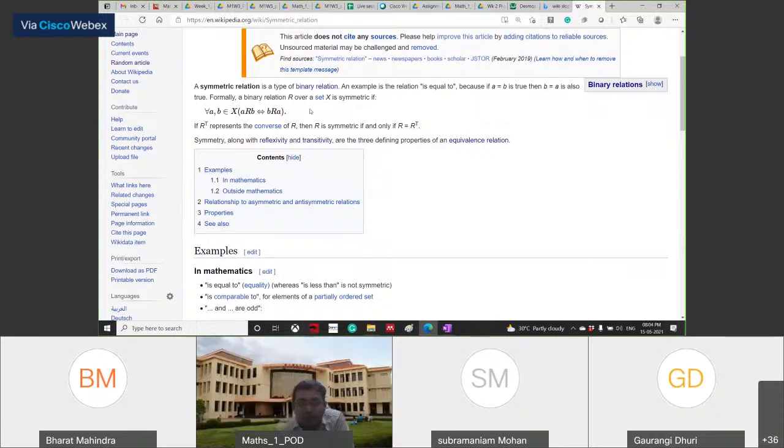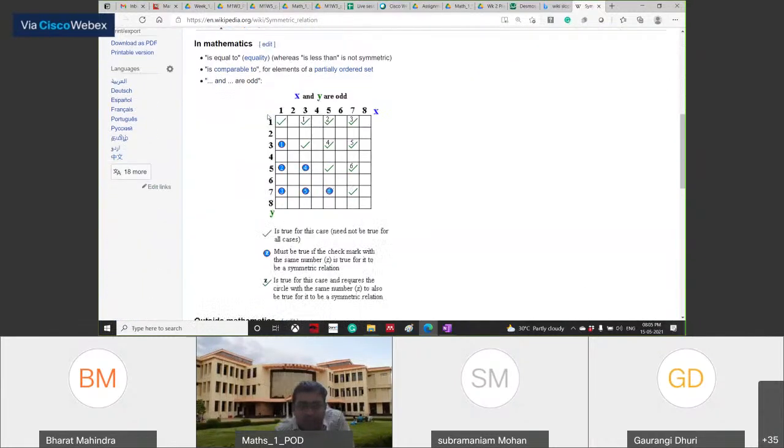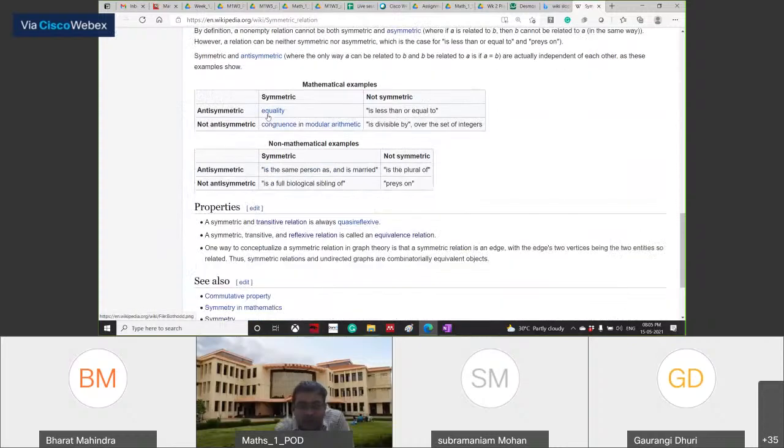Symmetric relation means that if two elements are there in the set, and if one element A is related to B in one way, then B is also related to the first element in the same way. So for A, B in X, if A is related to B, then B is also related by the relation R. Now, what antisymmetric means is that